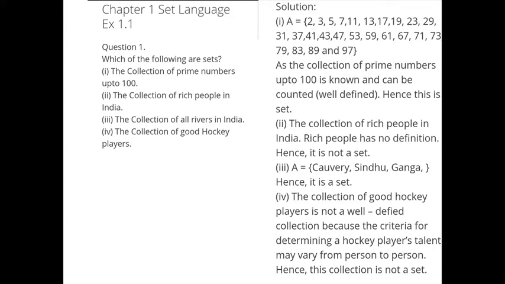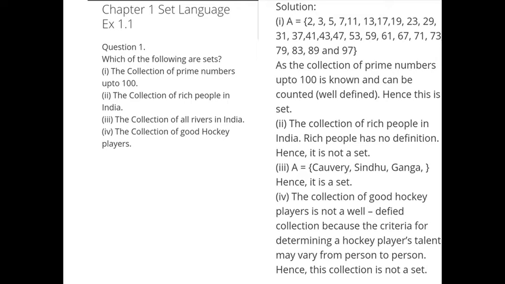Therefore, the collection of rich people in India is not a set. If we have a perfect criterion for a well-defined collection, then we can say it is a set. But for rich people we do not have a well-defined collection, therefore it is not a set.